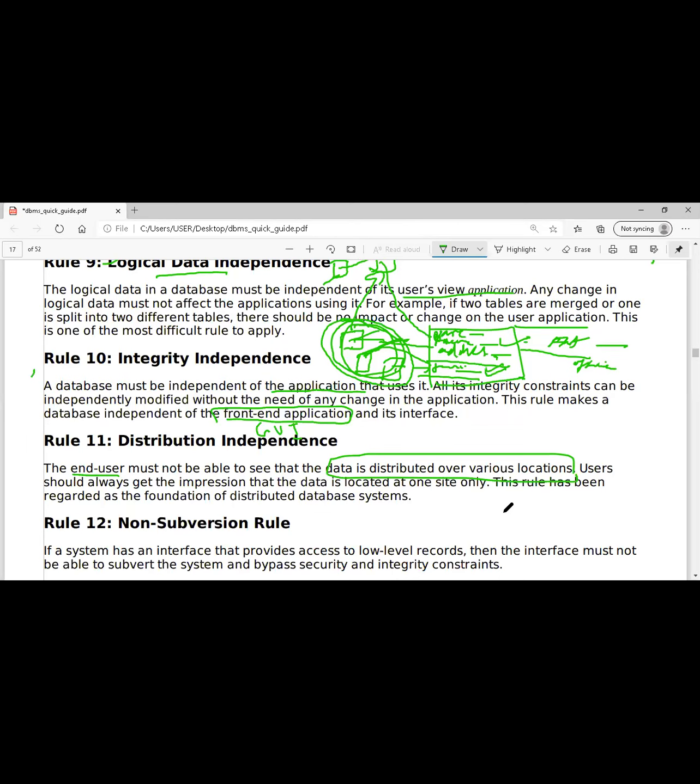So whatever that is, that means how it has been scattered. Now here you can see integrity independence, logical independence, physical independence. What is happening? My data has been distributed and stored in different places. For my convenience, I made it like that. But for the user, whoever is using it, he should not know that this data has been separated